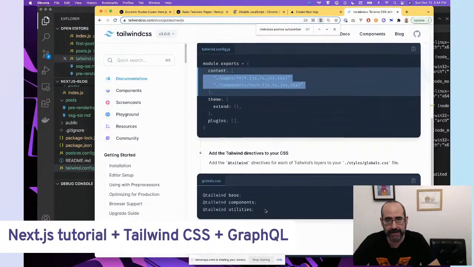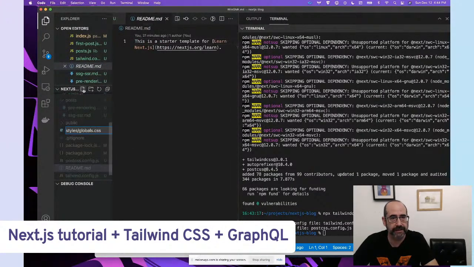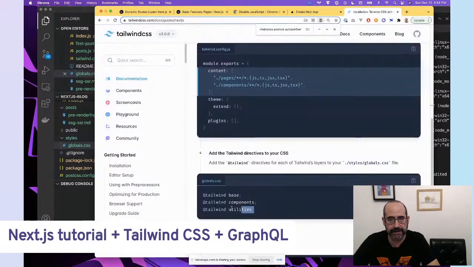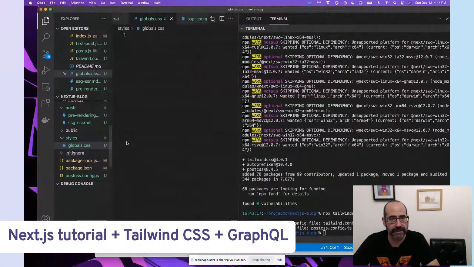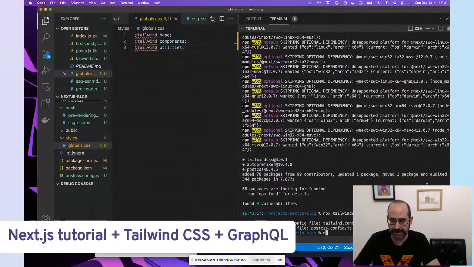And then now I have to create a styles.global.css page. And then now if I do npm run dev again,